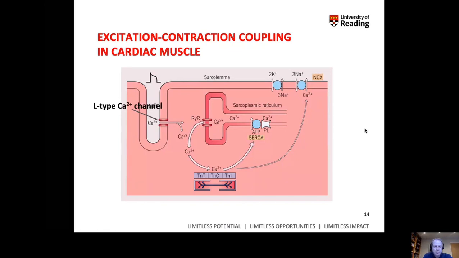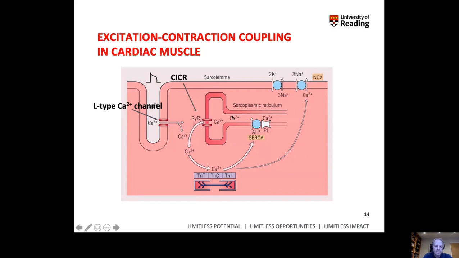So first of all, the cardiac action potential, which you can see here, causes depolarization. This is the T-tubule. This is our sarcolemma. Calcium enters down its concentration gradient in this L-type calcium channel. Again, remember when we looked at skeletal muscle, this was probably labeled as a DHP receptor. It's the same thing. We get this calcium-induced calcium release, CICR, due to the role of